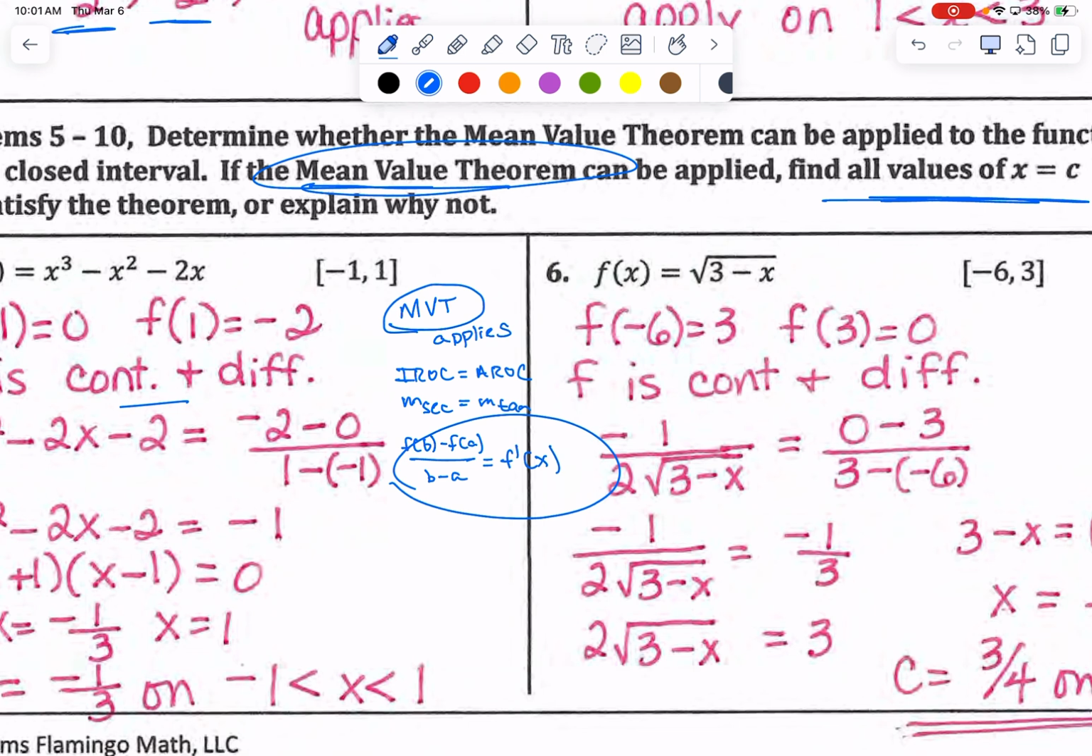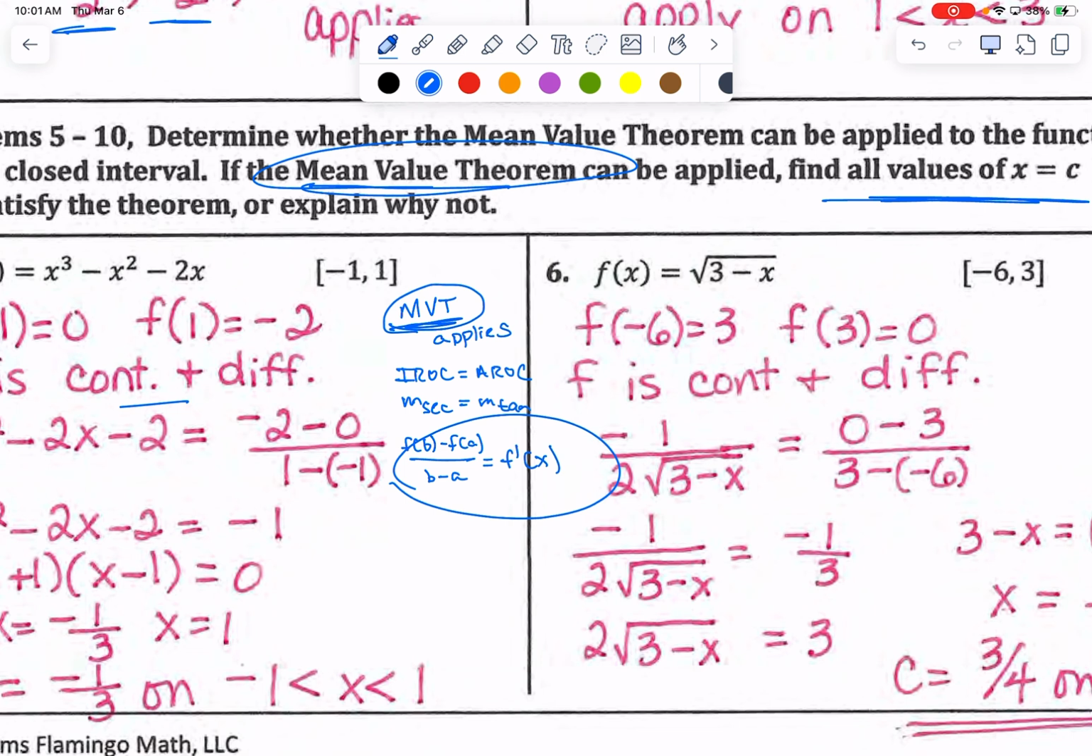And then also memorize that in order to use MVT, you need to be continuous on the closed and differentiable on the open, because it's a non-vowel theorem. M is not a vowel. For IVT, you only need to be continuous. But for your non-vowel theorems, you have to be continuous and what? Differentiable. We're going to learn another vowel theorem, EVT, the extreme value theorem, and